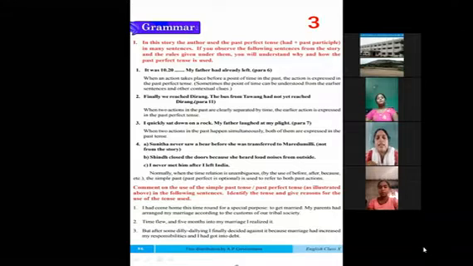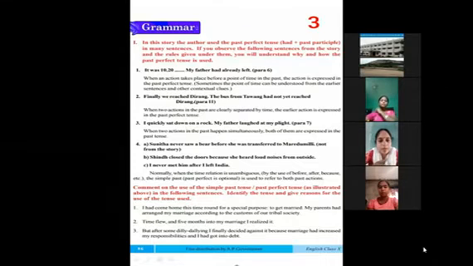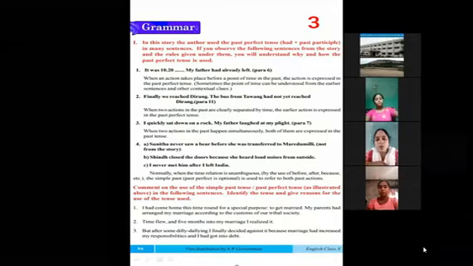perfect tense. For example, you came to school, the teacher came to school. Okay, just try to understand. You came to school and the teacher also came to school. But who completed the first action? Who came first? The teacher came, after that you came. Teacher had come to school before I came. So for the first completed action, we use past perfect tense, and for the second completed action, we use simple past tense.